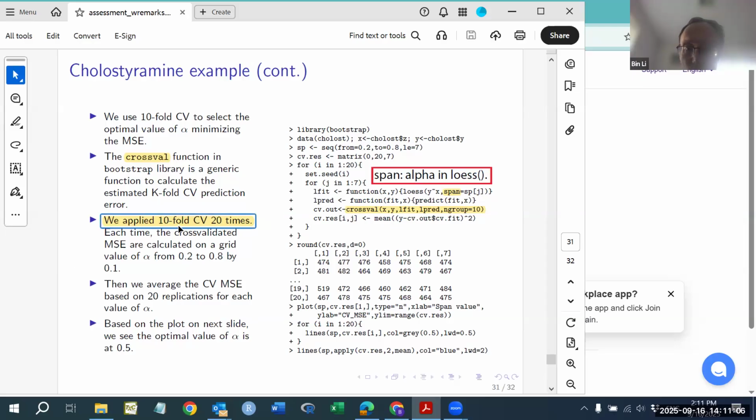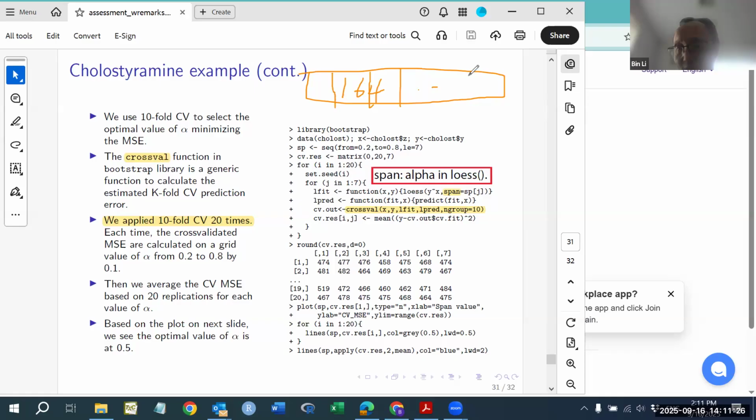Here I use tenfold cross validation 20 times. What does that mean? For a data set with 164 observations, we can have one tenfold split, and do tenfold cross validation for this split once. Then we can have another split, still tenfold, because there are many, many ways to do the tenfold split, and do the cross validation again. We repeat that process